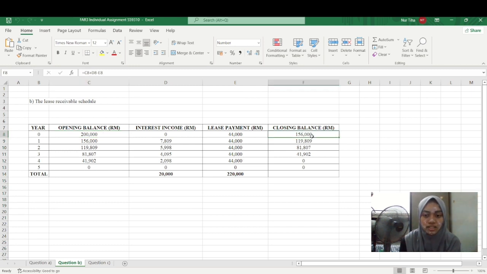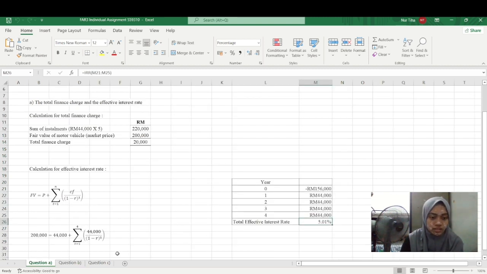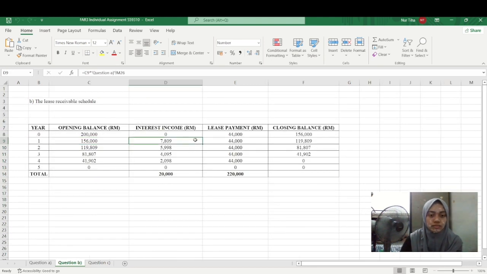To calculate the closing balance, opening balance 200,000 we plus interest income, and we minus lease payment, which is 44,000, and we get the closing balance, which is 156,000. The closing balance we bring forward to the opening balance of the next year. To calculate the interest for the next year, the opening balance that we calculate, we multiply with the effective interest rate, which is 5.10%. Then we get the amount